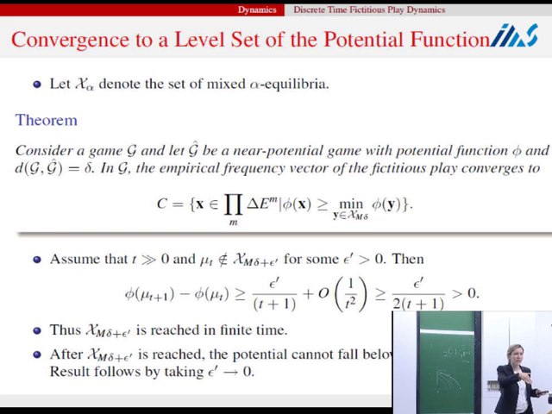Well, it will eventually reach the epsilon equilibrium set. Whenever it's outside the epsilon equilibrium set, potential keeps increasing. So it will actually converge to a level set of the potential, and that value of the level set is actually the minimum value over this epsilon equilibrium set of the potential. I didn't say it very well. So it reaches the epsilon equilibrium set, so the potential will be larger than the minimum value there. When it's outside, it keeps increasing, so it will never fall below that minimum value. Okay, so this is establishing convergence to a level set.